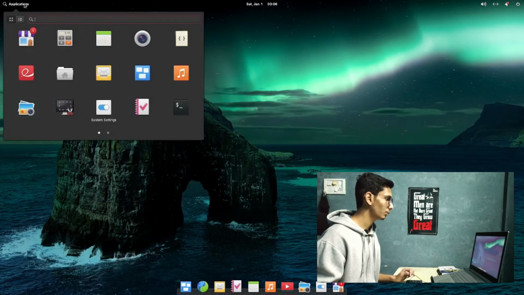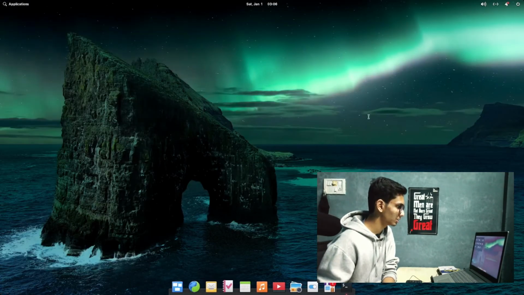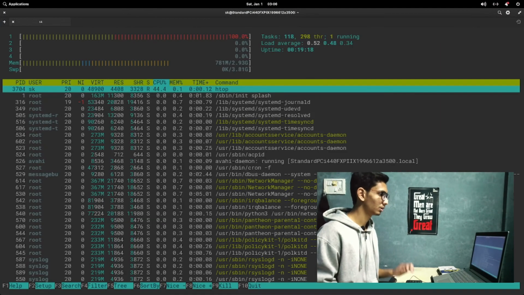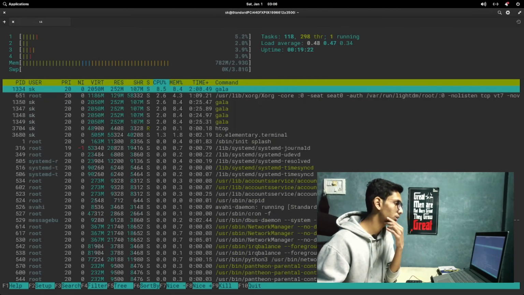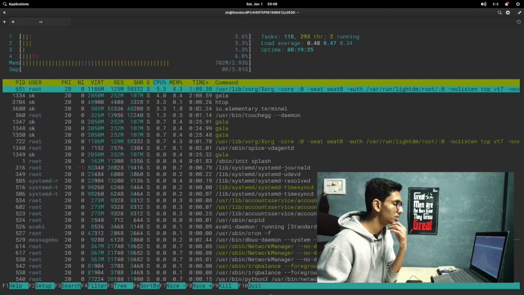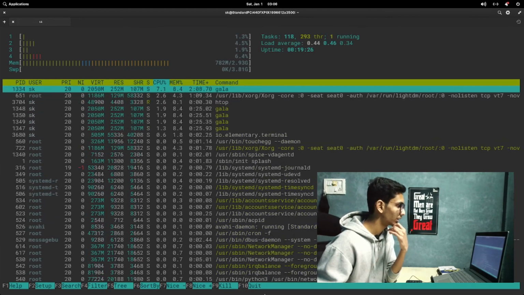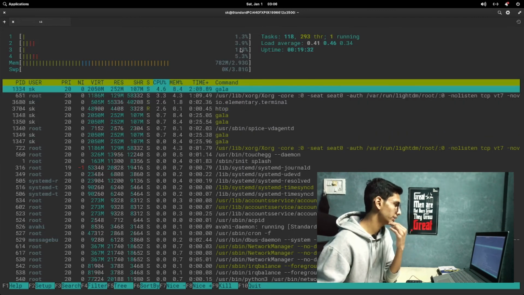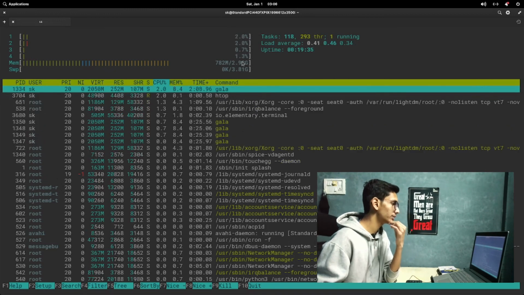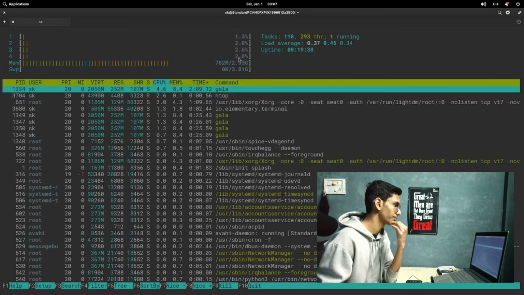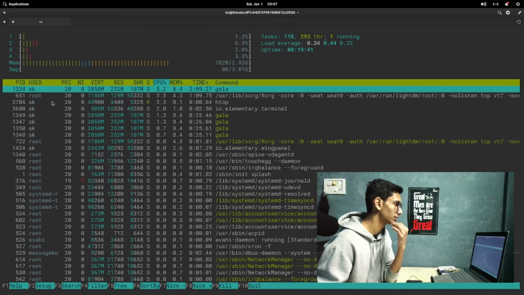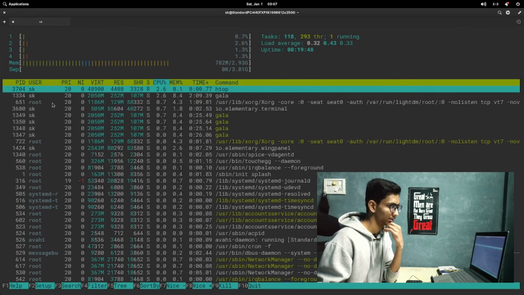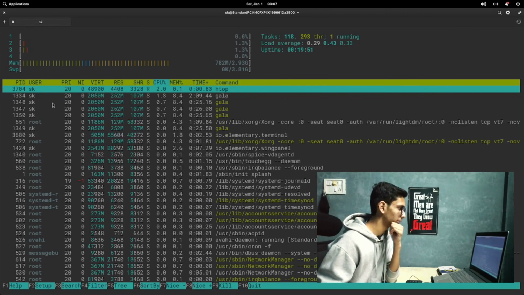Well, let's see how much resources it consumes. Let me go ahead and launch htop. It consumes memory around 700 out of the 3 gigs I gave it, and the processor consumption is also very low, around 3% of each processor. That's very lightweight since I use KDE and it uses around 1.3 gigs of RAM for the desktop environment. But all of them have benefits and disadvantages. It's up to us what we wanna choose.